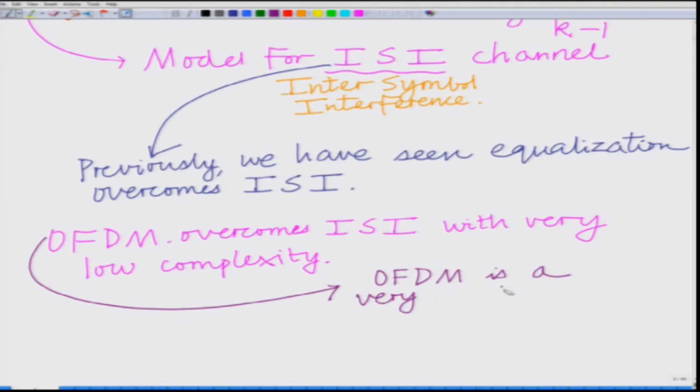OFDM is a very efficient scheme, and that is what has made OFDM such a cutting edge wireless technology for employment in the various 4G wireless standards such as LTE, WiMAX, and also the Wi-Fi standards that